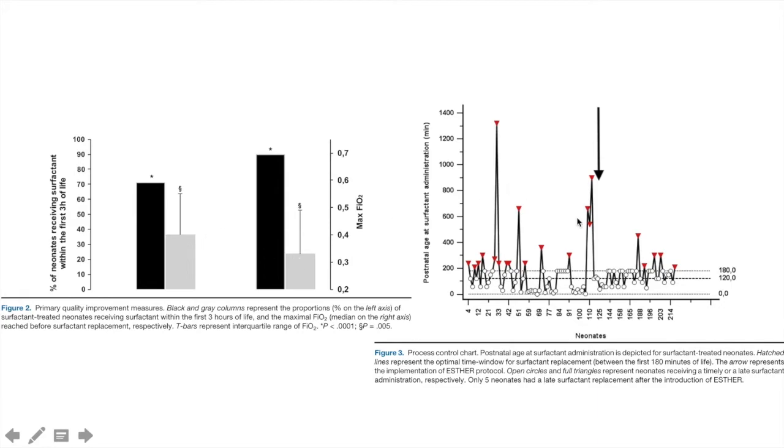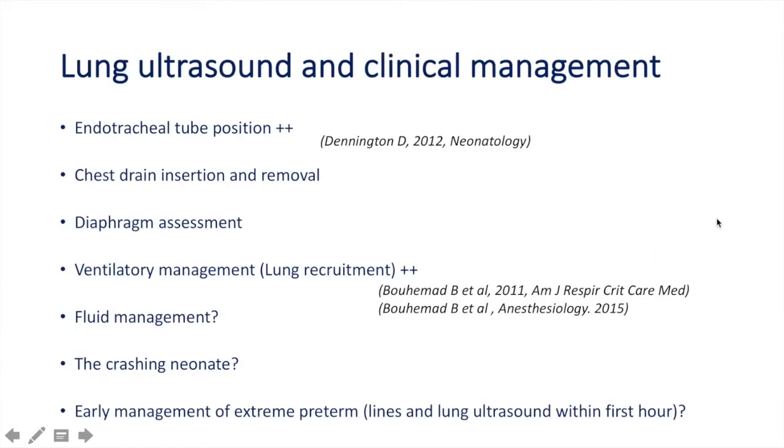On the second graph on the right, you can see here 2 periods. Your first standard period, and the lung ultrasound plus European guideline period on the right side. 120 and 180 minutes are the optimal time to deliver surfactant, and you can see that above 180 minutes, after 3 hours, the number of red arrows reflects the number of patients who received surfactant after 3 hours. This number was much more important during the standard period versus the implementation period of time.